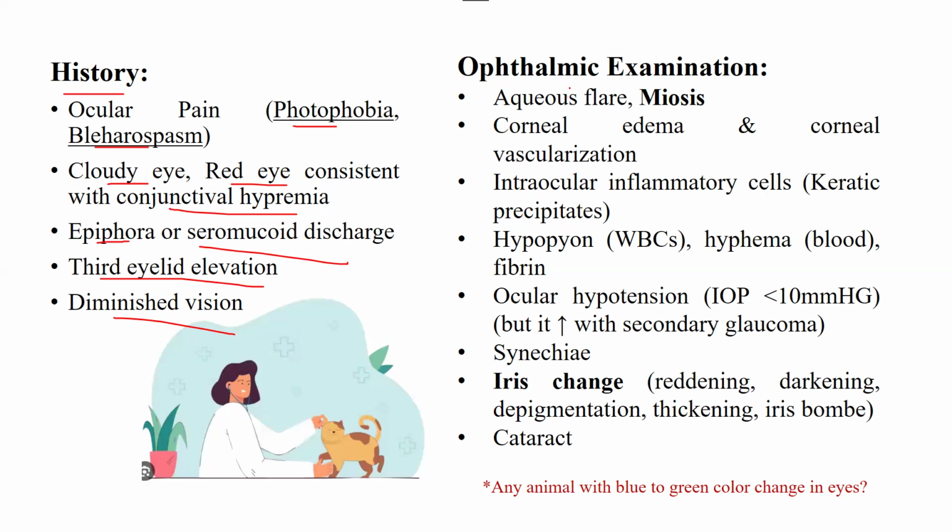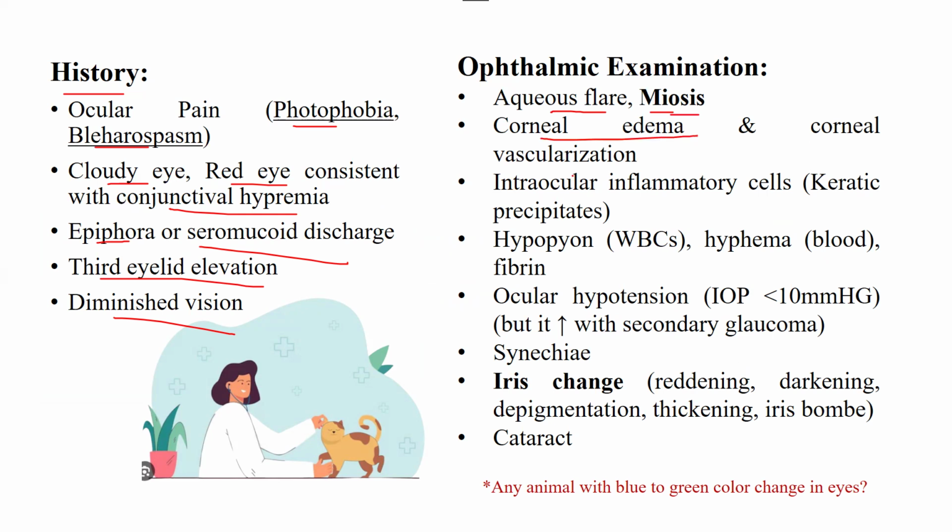As a doctor, when you do the ophthalmic examination at the veterinary hospital, what are you going to see? You are going to see aqueous flare and miosis. What is aqueous flare? I'm going to tell you this in a separate slide because it is the pathognomonic sign for uveitis. Second is miosis. You should remember it is the only disease in ophthalmology that is going to have miosis. Otherwise, all other diseases have mydriasis. So it's a differential point basically.